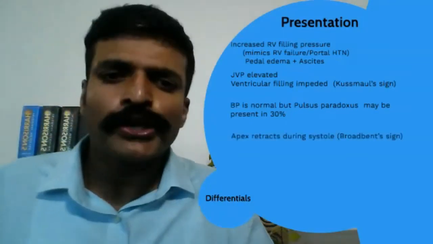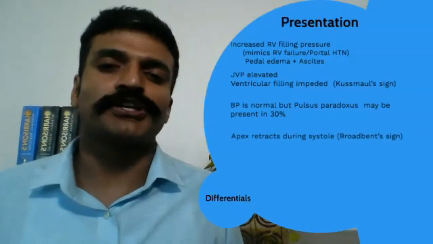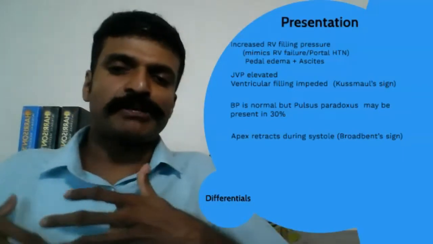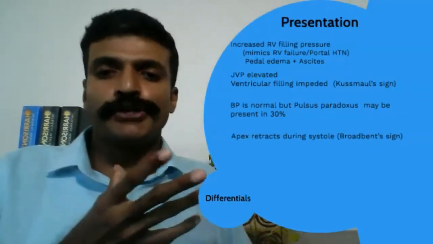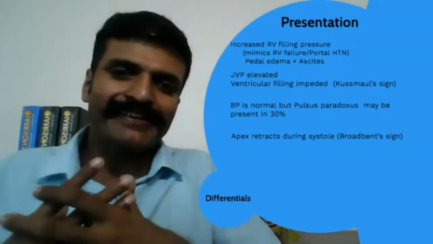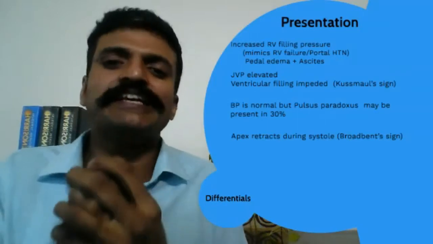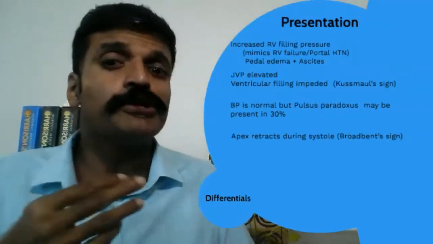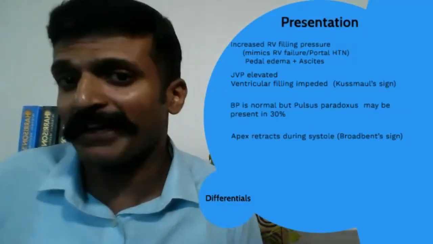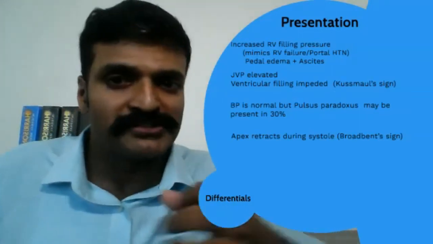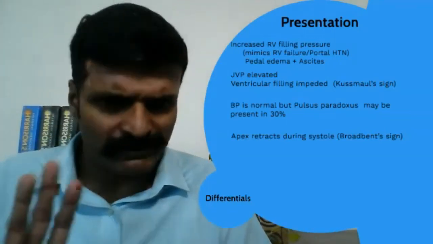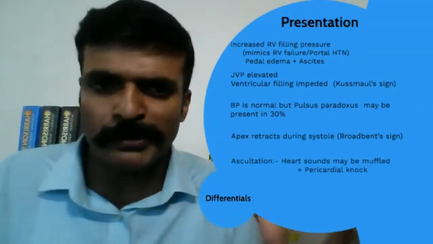Apart from the two of this, you will also rarely see something called the Broadbent sign. We've already discussed a bit of that. Because of the constriction, because of the fibrosis of the pericardium, during contraction, usually the apex pushes the chest wall, but here the entire heart is tightly locked inside the pericardium, so it's unable to push the chest wall forward. So you might not get the apical impulse. In fact, it might actually go inwards. The apex will actually go inwards during the contraction, right? This is rare, but it's called Broadbent sign, just for completion's sake.